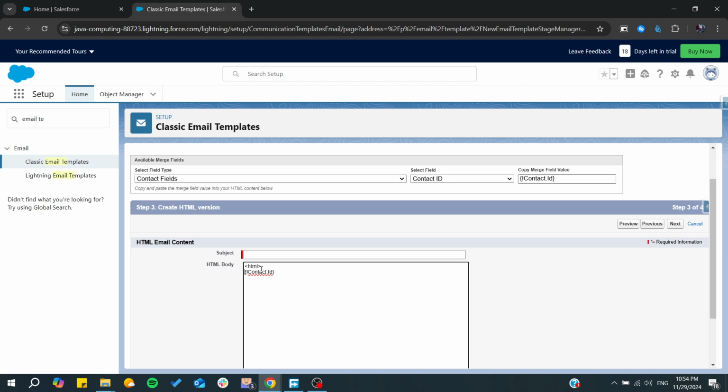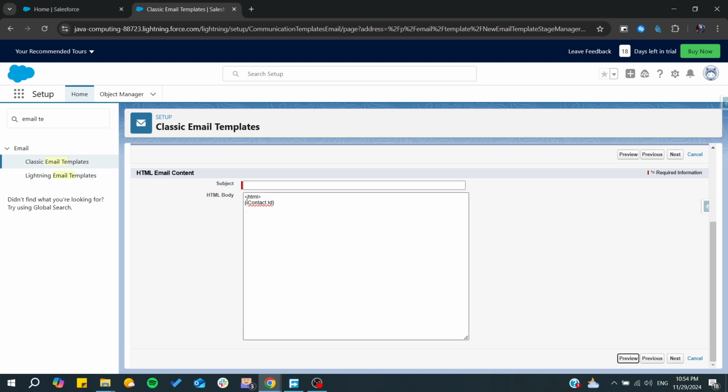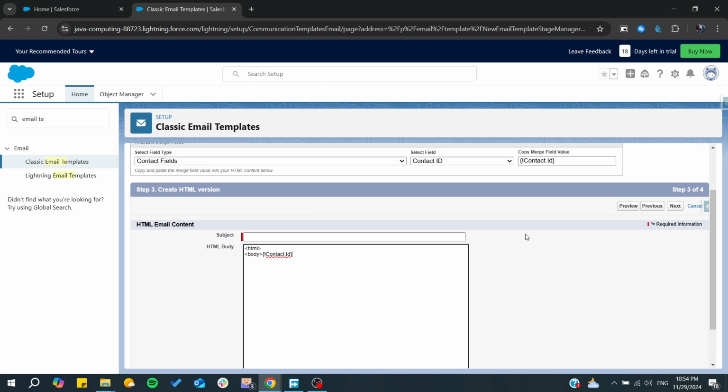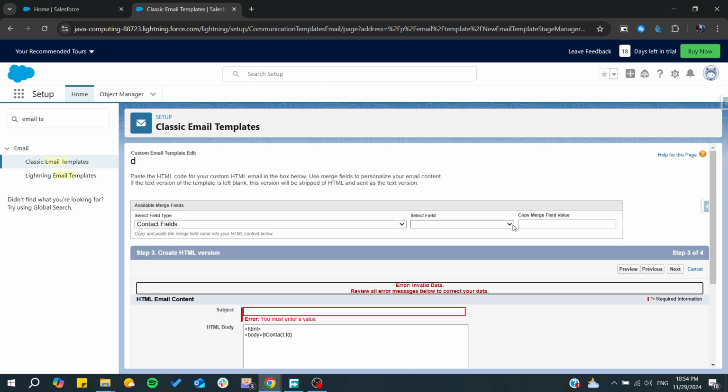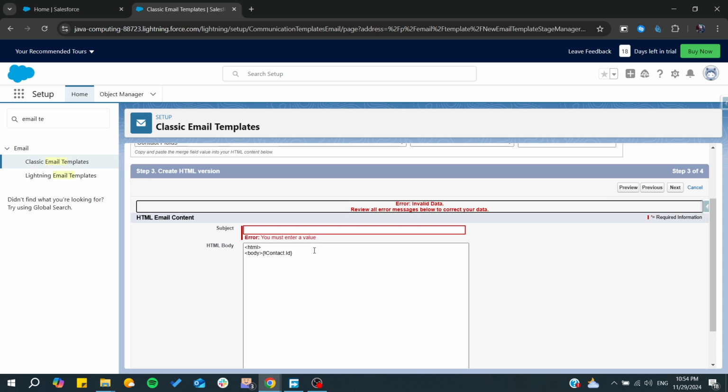From here, it should be in the body. You can use a body tag, etc. And you will need to add the code for your HTML, and then you can start adding the body of your email. At the end, you will need to click on next,